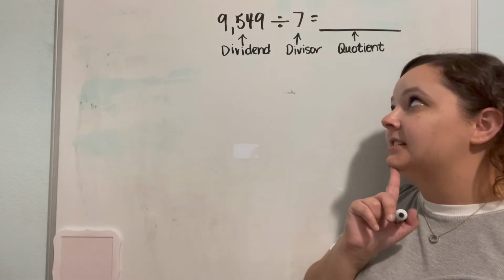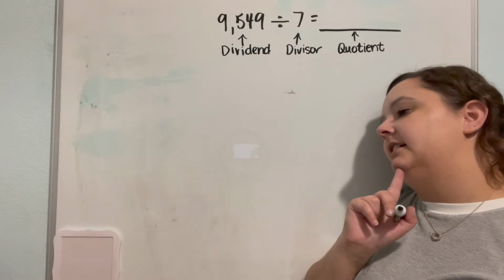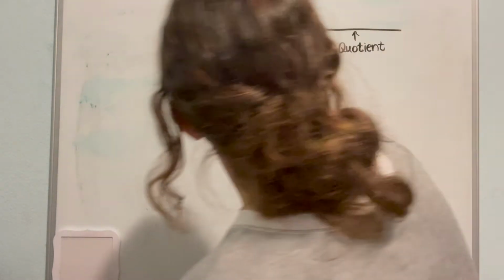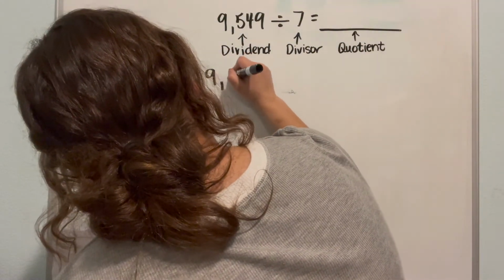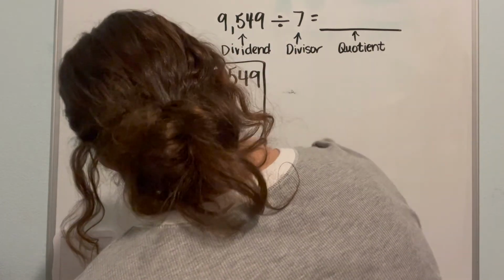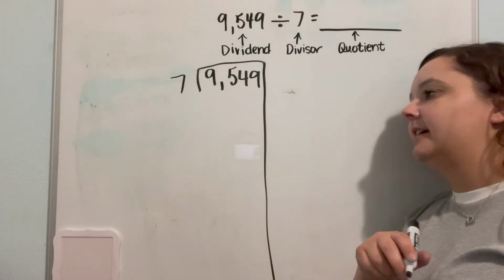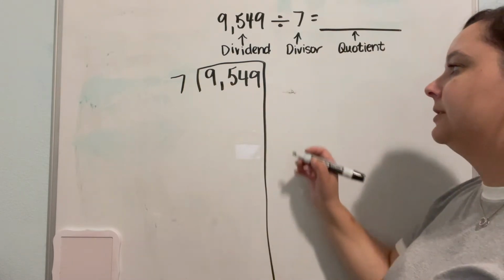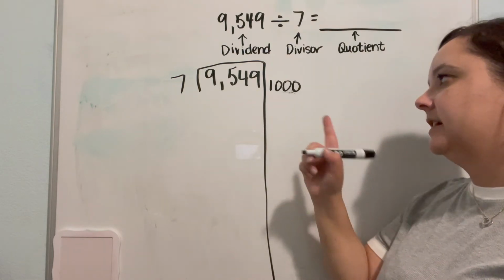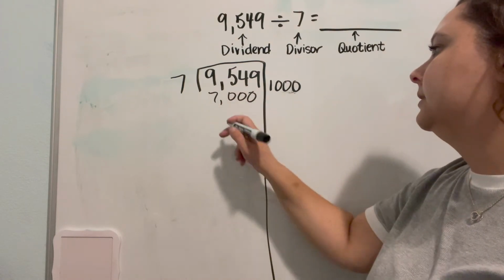All right, let's go ahead and solve our problem. So I'm going to first do the partial quotient method, or magic 7. So I'm going to go ahead and set it up with 9,549 being divided by 7. I'm going to get as close to 9,549 as I can. So I'm going to use 1,000, because that's going to take a huge chunk out of our number. So we have 7 times 1,000 is 7,000, which will leave us with